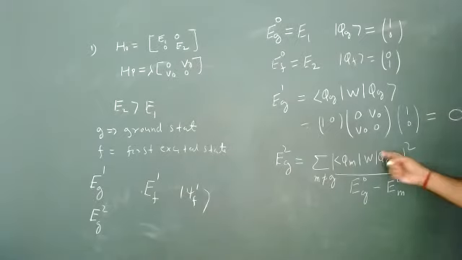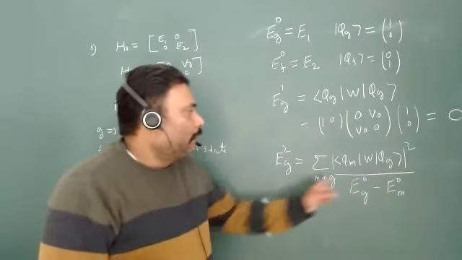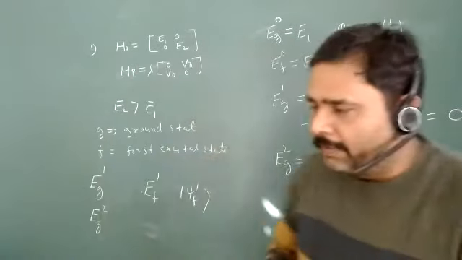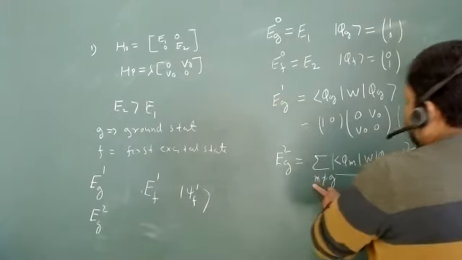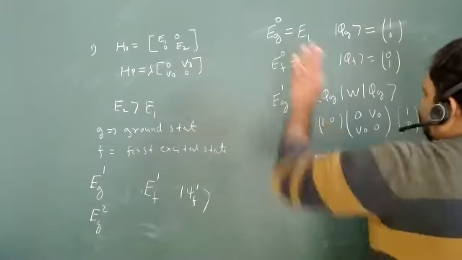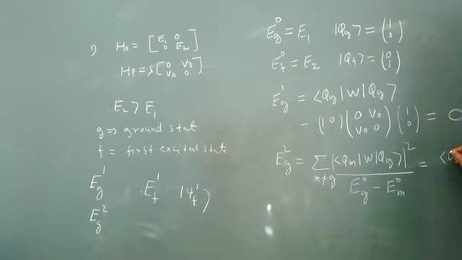Okay. Now, what is value of phi M now? This is all about summation. So how much time you have to sum it off? This is 2 cross 2 matrix. So how many times will you do this summation? Only one time, because it is 2 cross 2 matrix. M is not equal to G. Then M must be equal to what? Only F. Yes. So there is only one thing, that will be phi F, W, phi G, mod square, and this will be EG0 minus EF0.